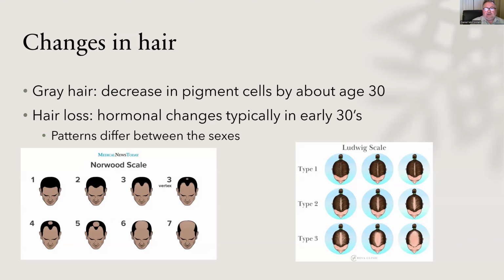Skipped over the gray hairline, but the idea is that again, there's a loss of the cells that produce the pigment that gives hair its color. And with that decline, we're going to just see the gradual onset of gray hair, right? People may get their first gray hair at some point over the age of 30. Who knows? Again, a lot of genetic factors here. And then it just gradually accumulates from there.